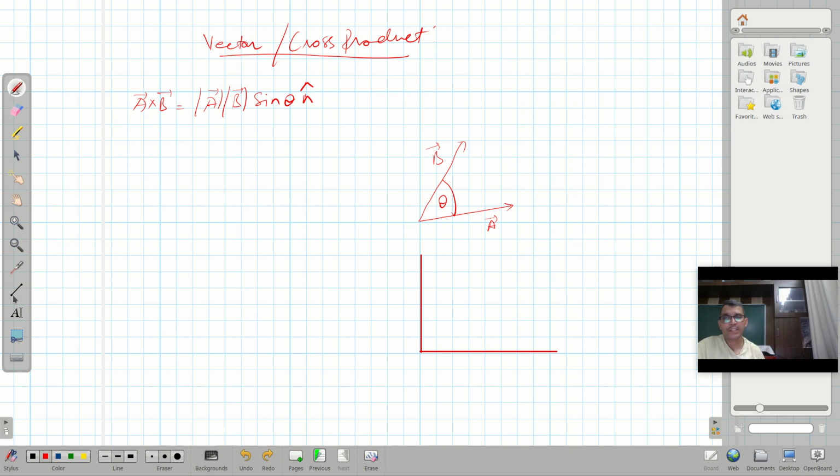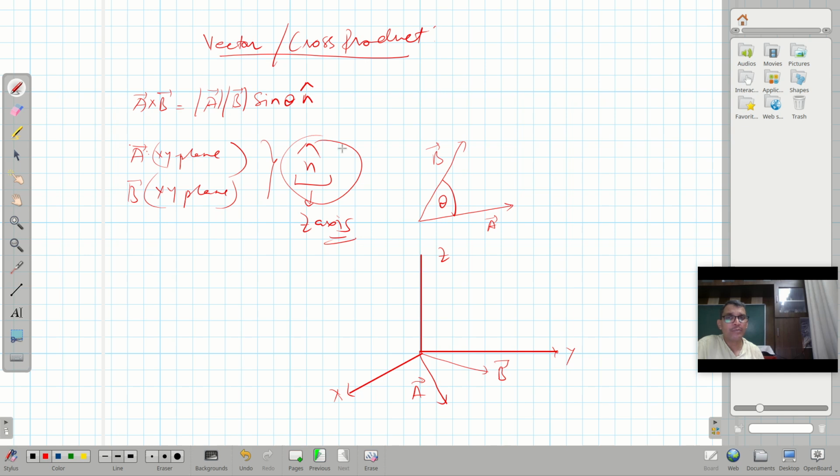Say it is a three-dimensional coordinate system, and in it there is a vector A and a vector B. This is the x-axis, the y-axis, and the z-axis. When vector A is lying in the xy plane, and vector B is also in the xy plane, then what is n cap? n cap is always along the z-axis,